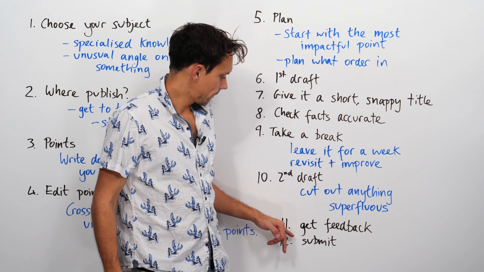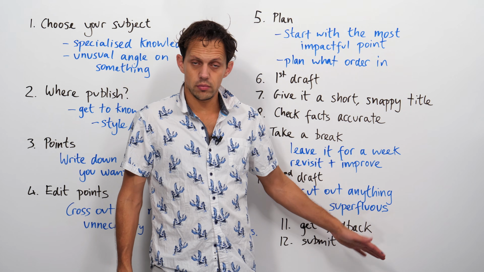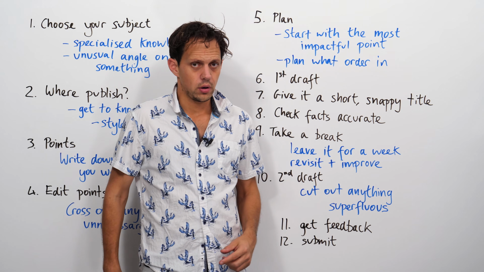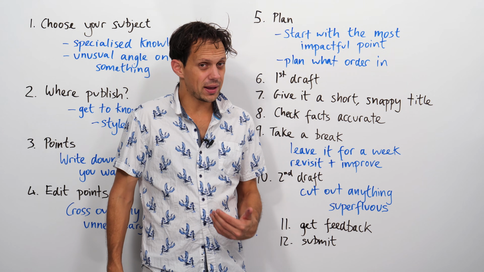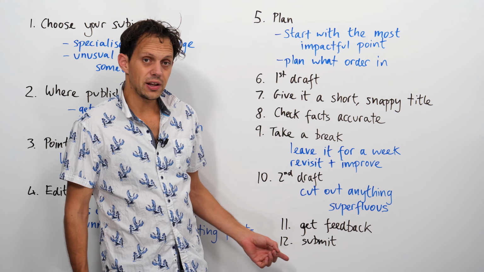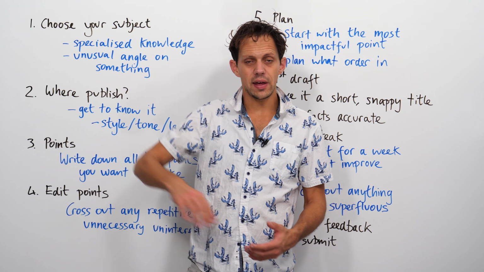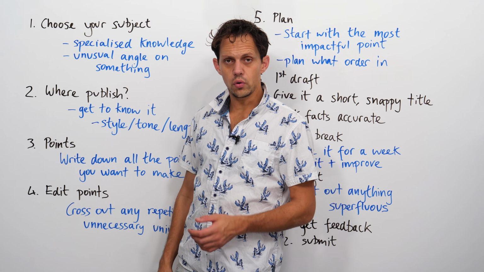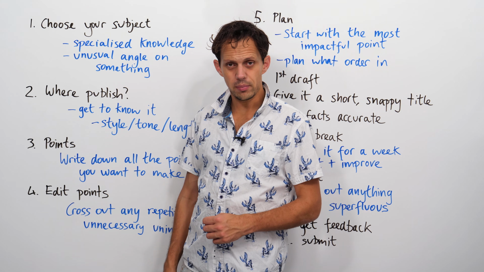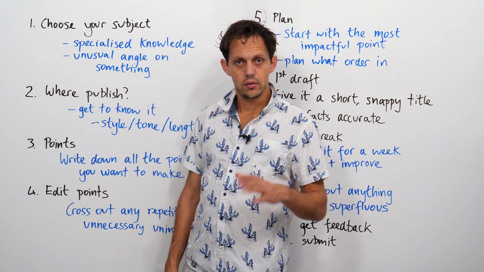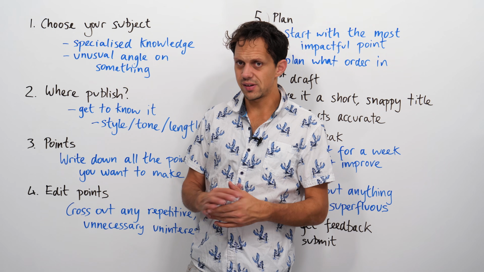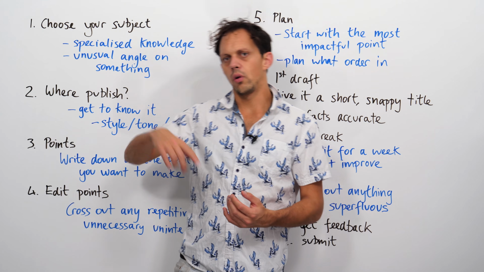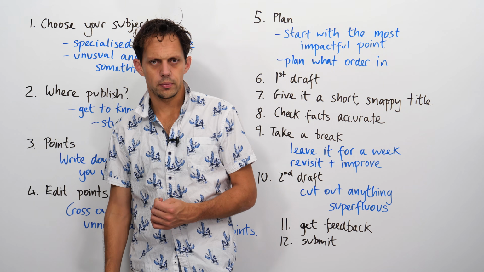And then once you've incorporated, that means put into practice, any feedback they may have given, then you need to submit it. Send it to that place where you identified as being where you want to get it published. Send it off to a couple of different places and then get some feedback from them. And then either improve it or move on to your next article.